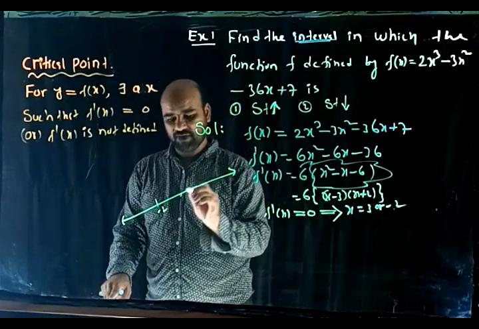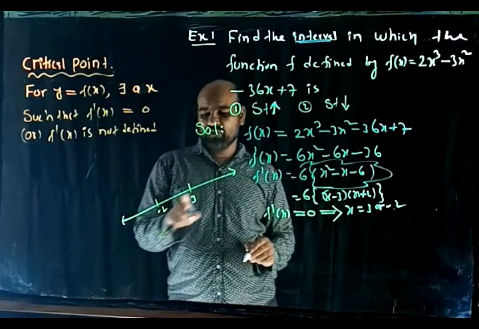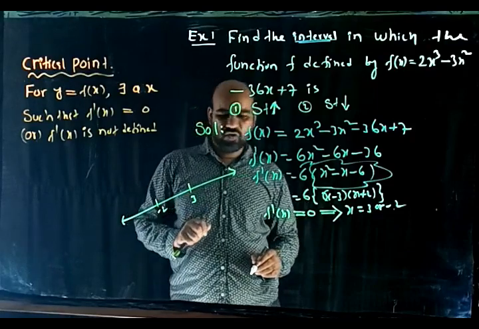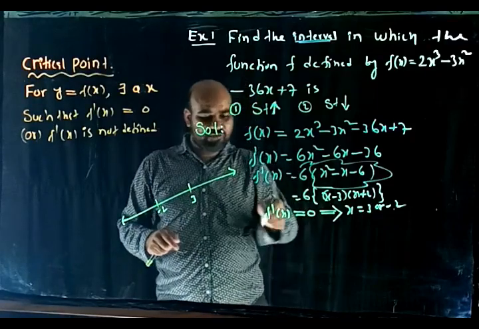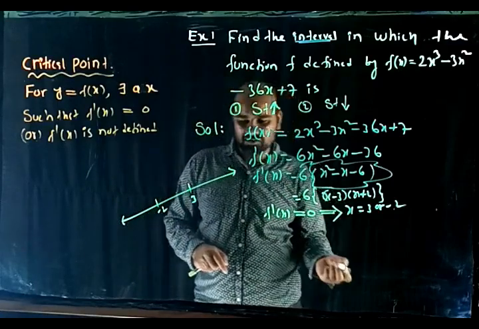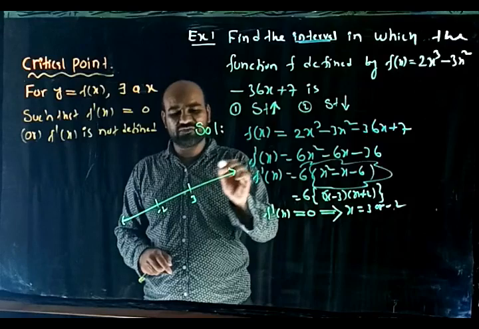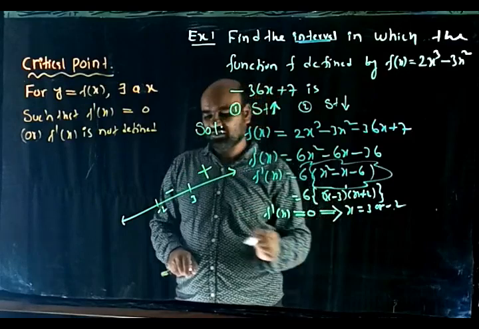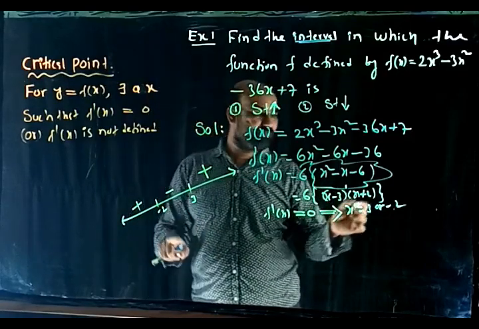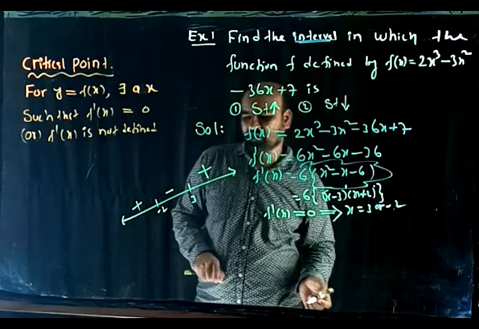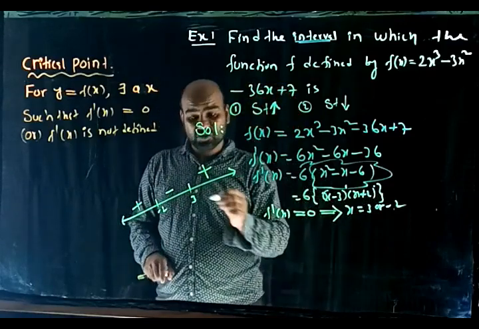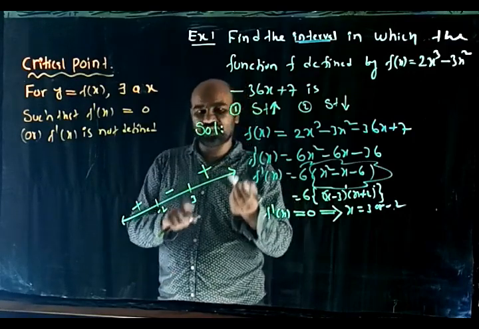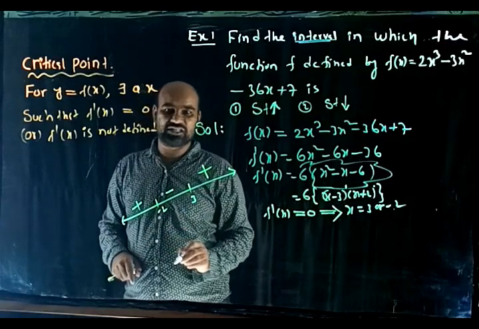With minus 2 and 3, the number line is divided into 3 pieces: 3 to infinity, minus infinity to minus 2, and minus 2 to 3. At what interval is f dash of x greater than 0, and at what interval is f dash of x less than 0? In the simple sign scheme, the right hand side of 3 should be plus, here minus because x minus 3 has odd degree, and here plus because x plus 2 is a linear function having odd degree. So if x is 3 or more than 3, f dash of x is greater than 0, which means it is an increasing function. Minus infinity to minus 2 is also an increasing function.